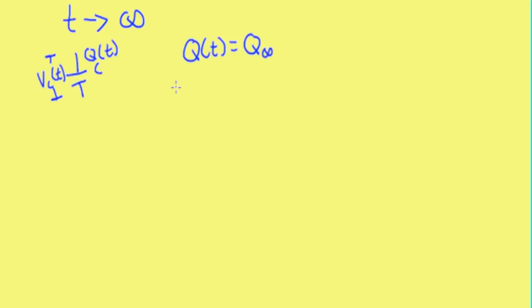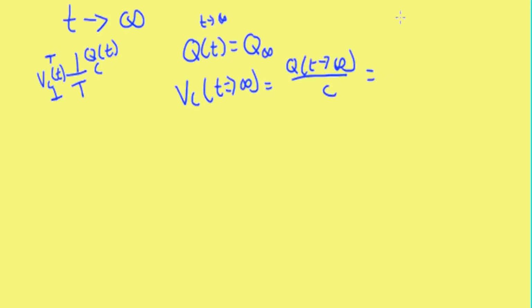You have an answer? Great. So t goes to infinity, so this should have been t goes to infinity up here. This is going to be the Q at t going to infinity over the capacitance C, and that's going to be